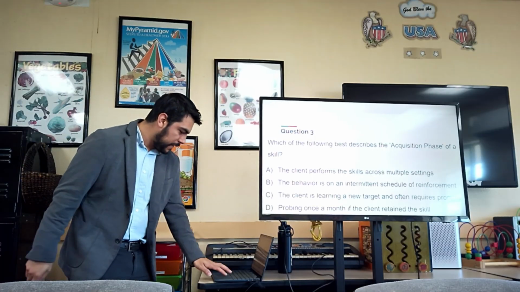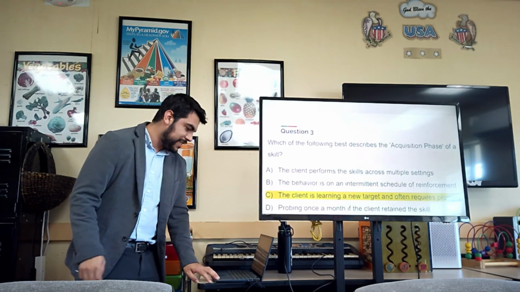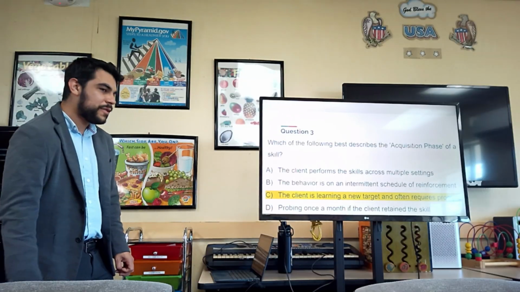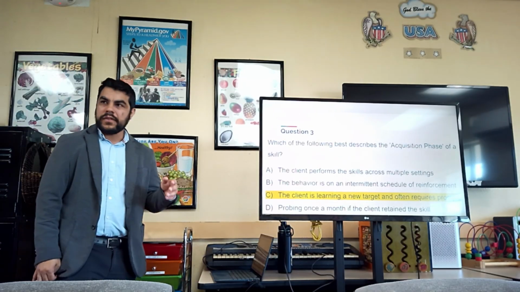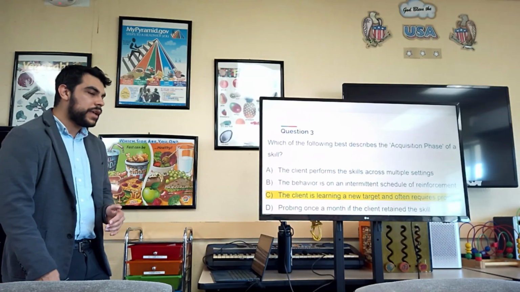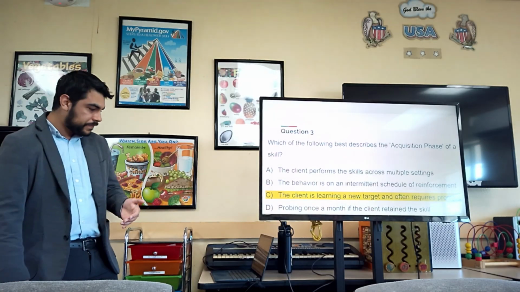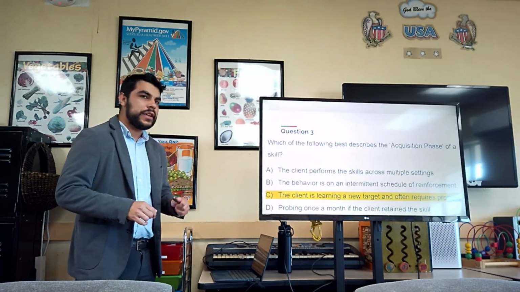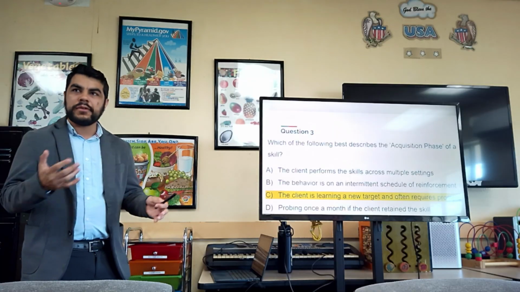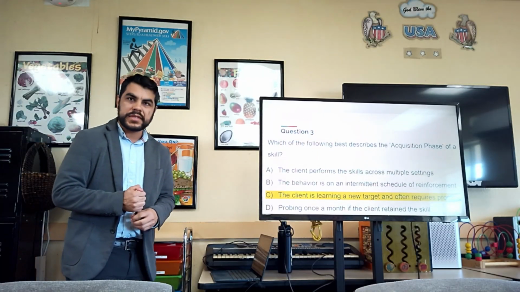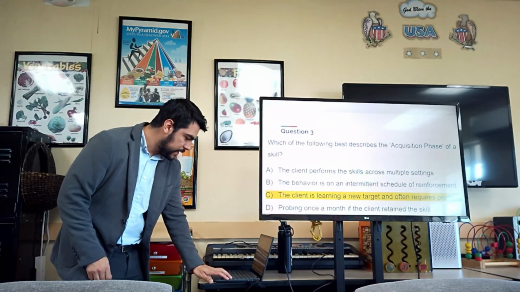C. Let's see. C. Yes, you're right. All the other three describe when a skill is in the generalization or maintenance phase. However, if it's brand new and still requiring some prompting, then we would still say it's in acquisition. They're still